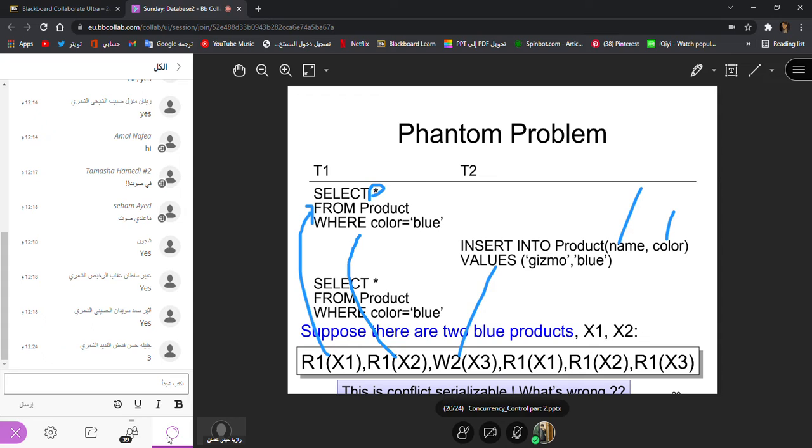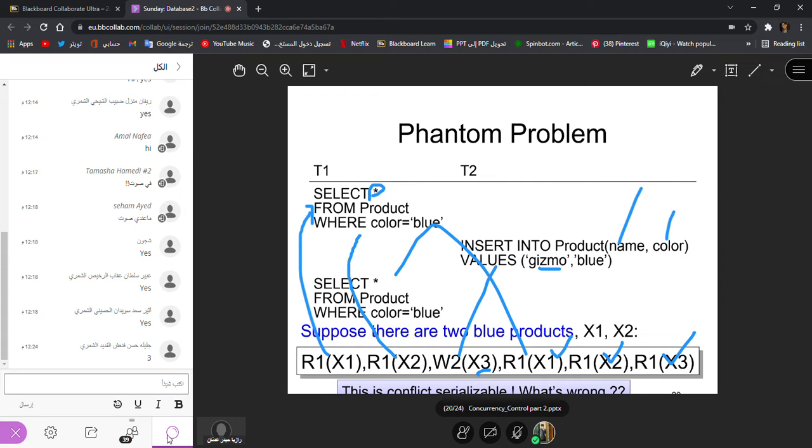So you are reading two variables here. So you will read the x1 and x2, and then the transaction 2 came and it's write. Insertion comes under the writing. And it adds another gizmo, third element, x1, x2, x3. Already we had two, and now the third one. So when the next time transaction 1 will read, it will read x1, x2, and x3, right?